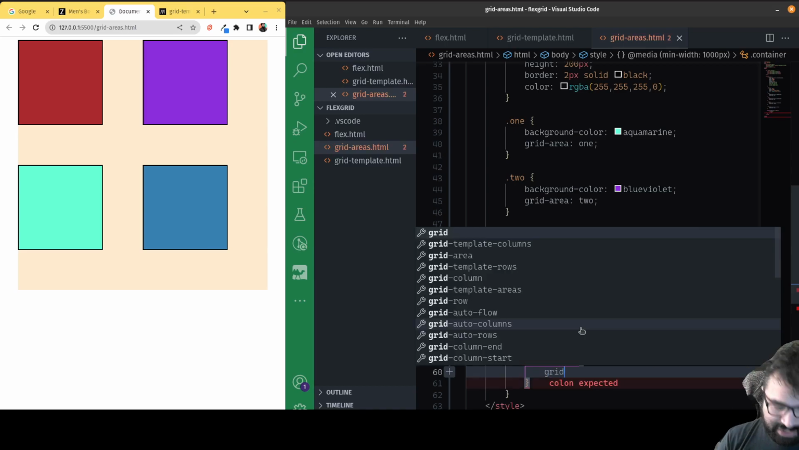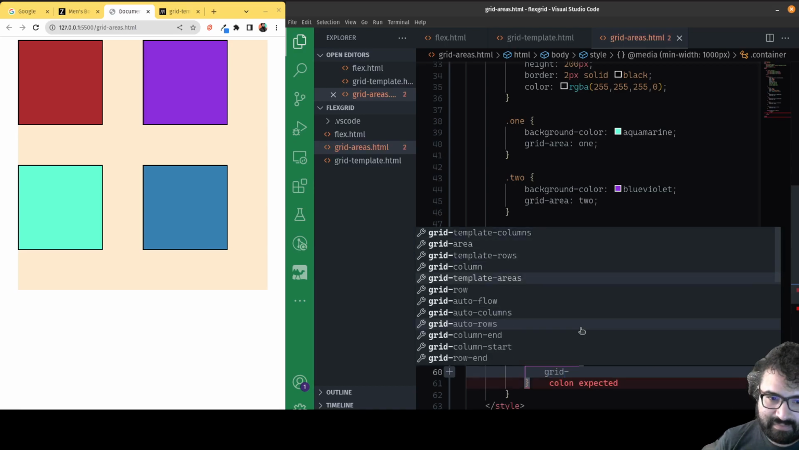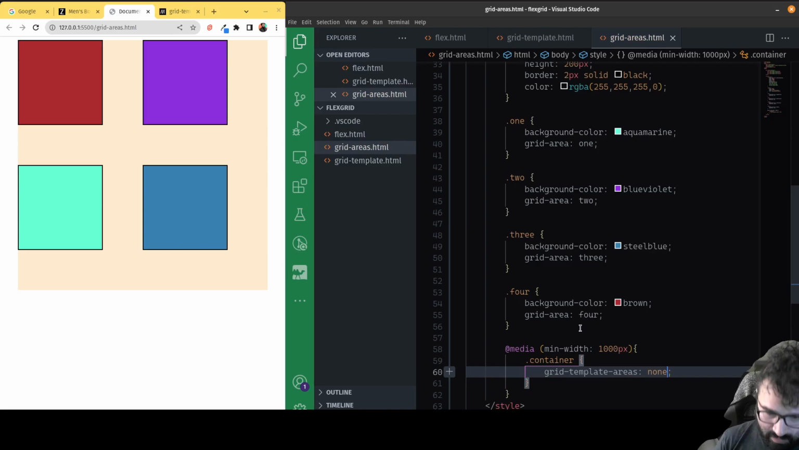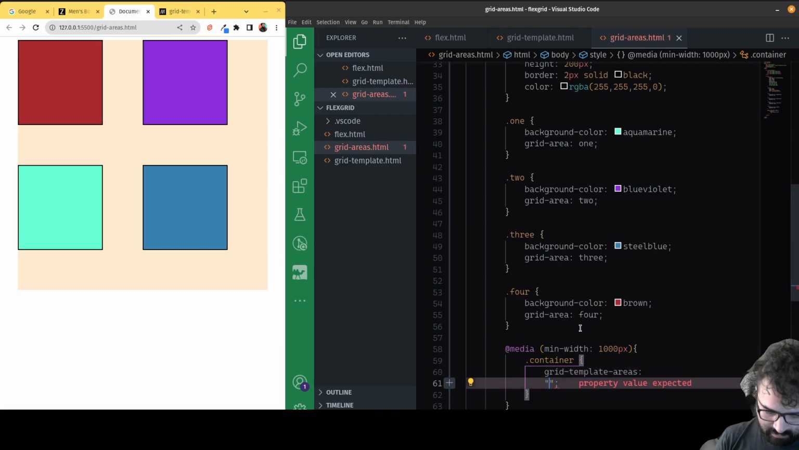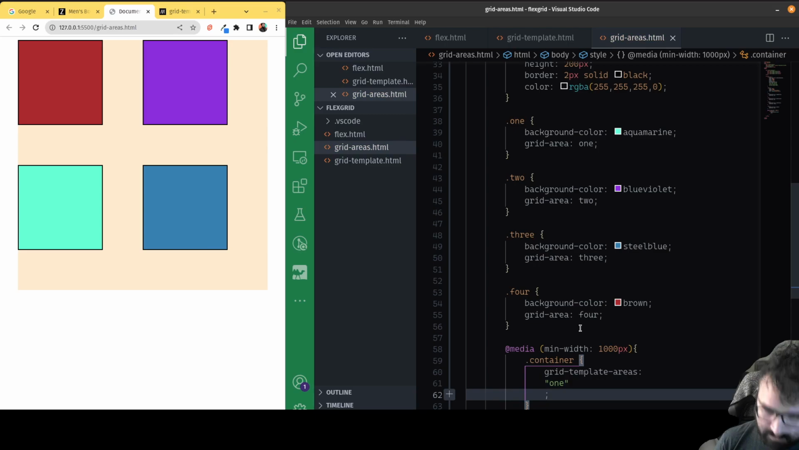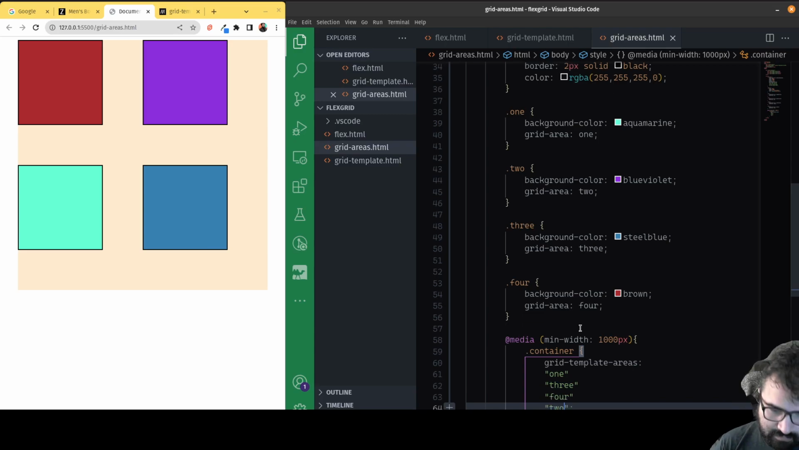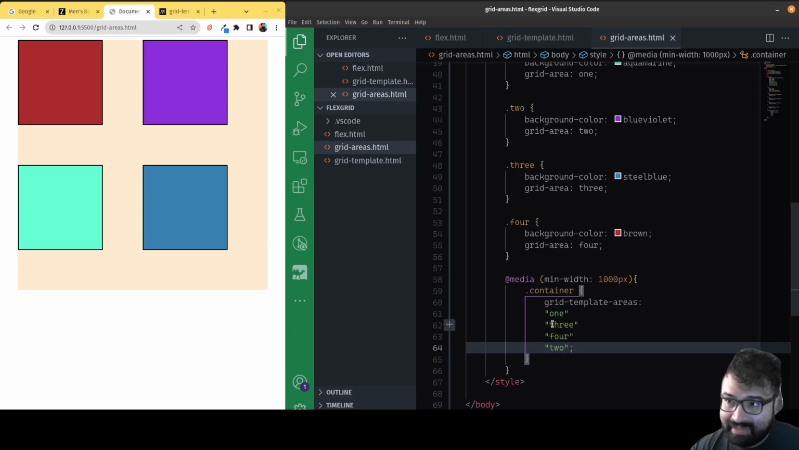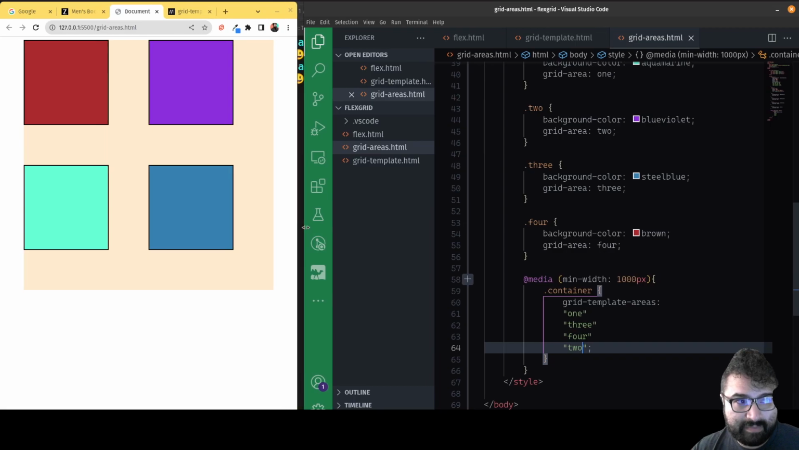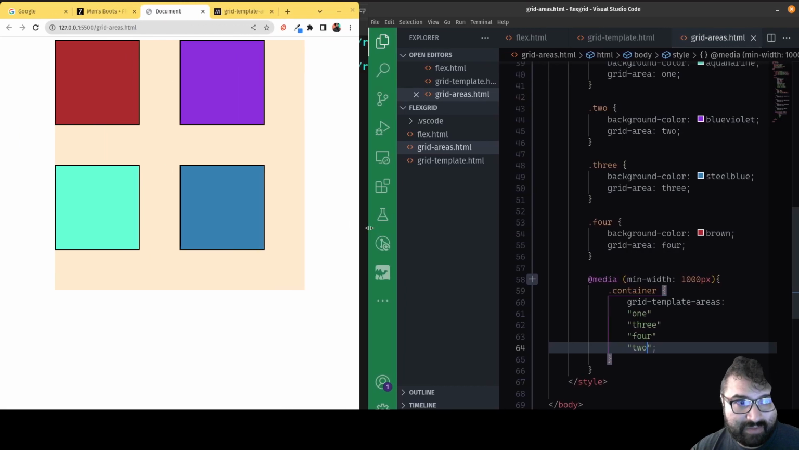So I can just change the grid template areas and just say, hey, I want 1, 3, 4, 2. So now basically what I'm saying is that, hey, when this media query kicks in, I want the grid to be just basically a 1 column 4 row thing, and this is where I want those grid area names to be located. So now if I scroll this up to make it 1000, so let's hit 1000 pixels,